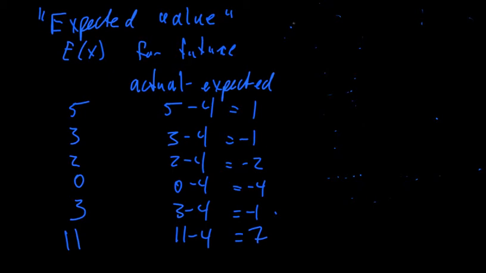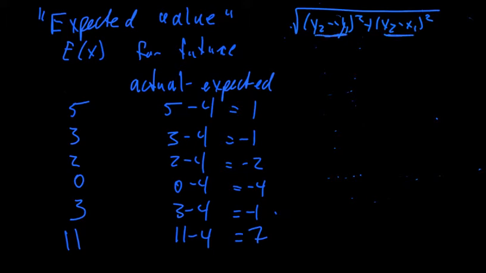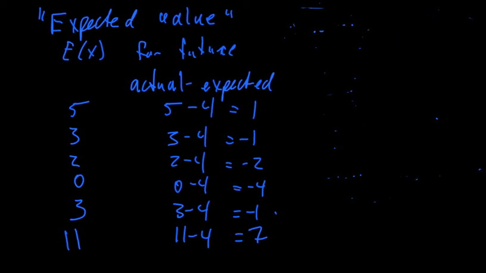You're familiar with it mostly from the distance formula. y2 minus y1 quantity squared plus x2 minus x1 quantity squared. You're familiar with it most like this, where this is really a summation of just two things. Maybe not quite as confusing without the summation symbol and the square root, but that's really what we're doing there. But right now, all we want to do is square these things. So if we square these, then what happens? If we just take this actual minus expected and square it,